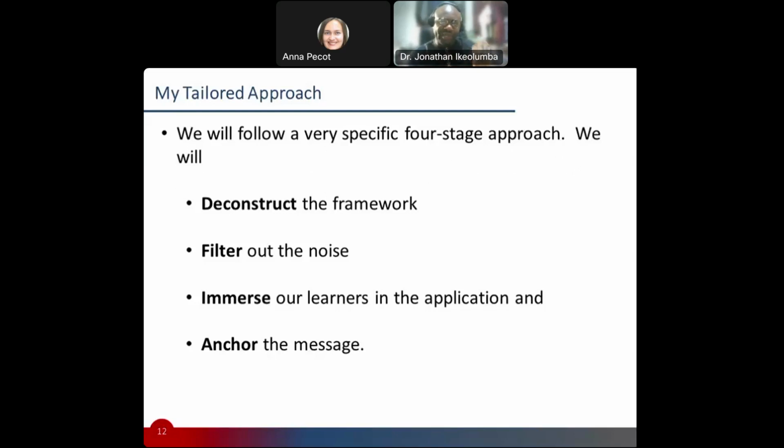So I came up with what I call a four-stage approach in terms of how we clarify technical concepts to non-technical audiences, which is what this is about. I call it the DFIA methodology, and I'll be speaking to those words, and that'll form the fulcrum of what my session will be. The first thing is to deconstruct the concept, and a lot of you have represented that: breaking it down.